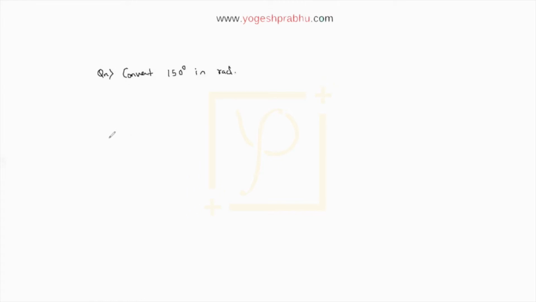First of all, let us understand 150 degrees. If I have, say, X and Y, let's just take these two lines here. Do you know that this is 90 degrees? And if you go from here to here, this angle is 180, no? This is 180 degrees, and 30 less than 180 is 150. So 150 degrees is going to be this angle, right?